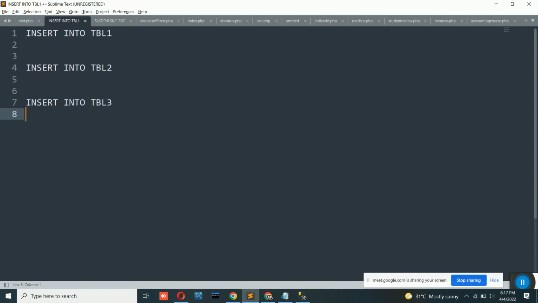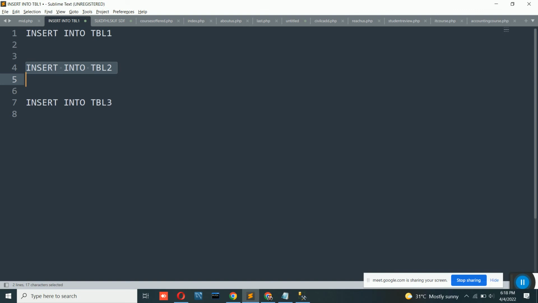This query gets executed and the data is stored inside the table, this query gets executed, but then a query fails, meaning it does not execute successfully. In that case, I don't want even the first query to be executed, so I need to return it back